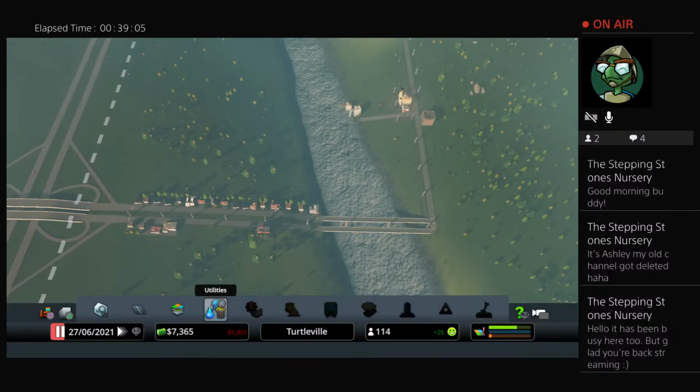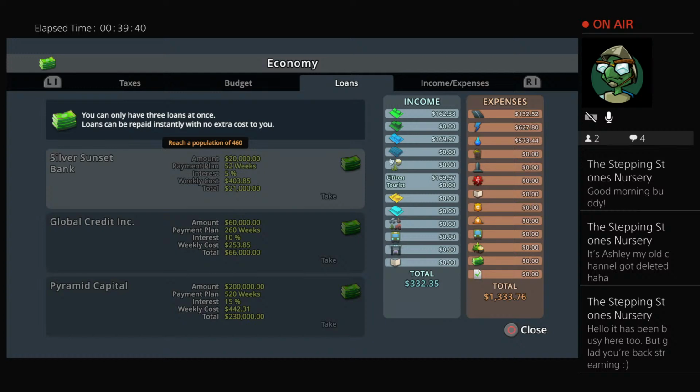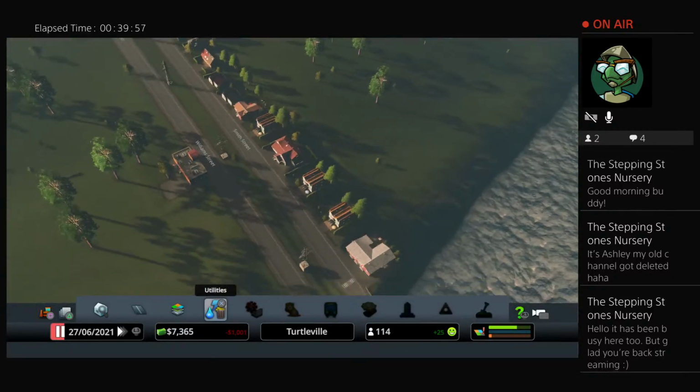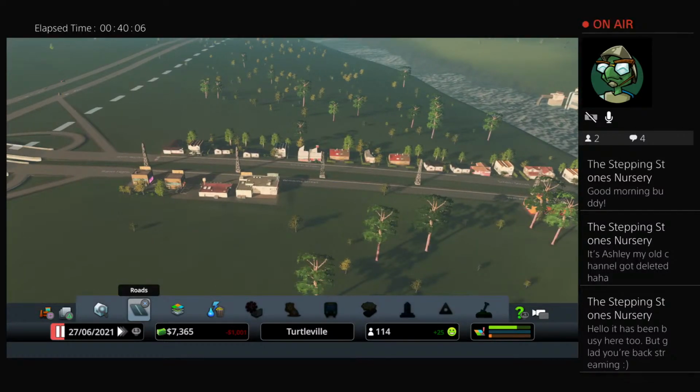Alright, so if we don't find a way to make money soon, we're gonna go bad. So let's go economy. Alright, so we're gonna have to... I don't like that loans section. That loans section makes me really, really wary. Alright. And see, we can't levy any additional taxes, it seems. So, that's not good either. So I'm trying to figure out...